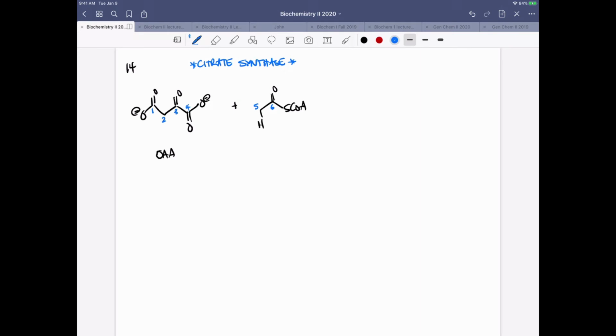So how we generated a nucleophile with citrate synthase is, in the enzyme active site, we're able to deprotonate this alpha carbon. In some of the mechanisms that we learned last semester, we learned that the alpha carbon can be considered acidic because putting a negative charge on that carbon atom can be resonance stabilized through the adjacent carbonyl. So let me just show that for you guys. If we were to deprotonate here, generating essentially this carbanion, we can resonance stabilize these electrons through our adjacent carbonyl,